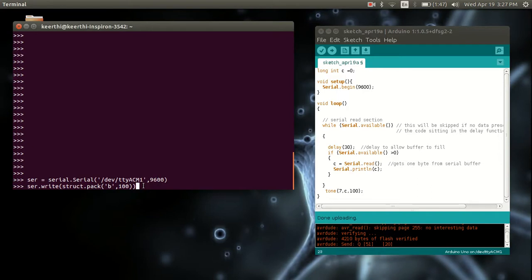And how does a user send serial data, you're asking? So you open the Python console and then open the serial port. In my case it is ttyACM1 and at the same 9600 baud rate. And now in order to give an input to the Arduino, you just write serial.write and you pack the number that you're sending